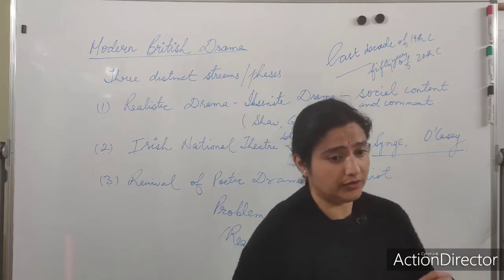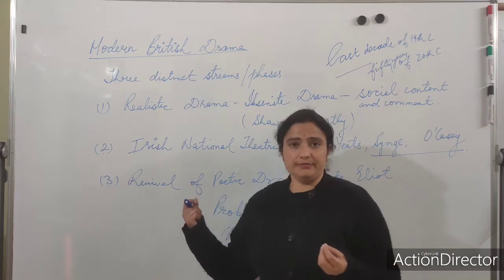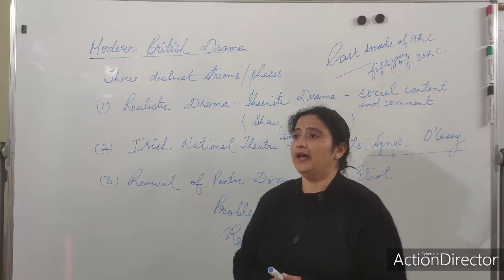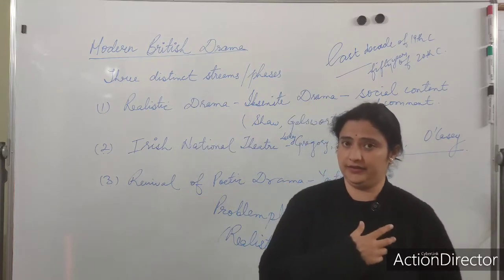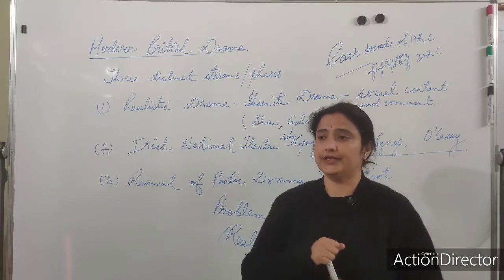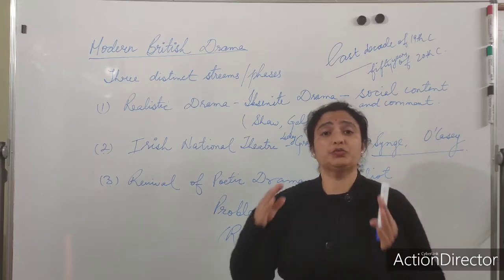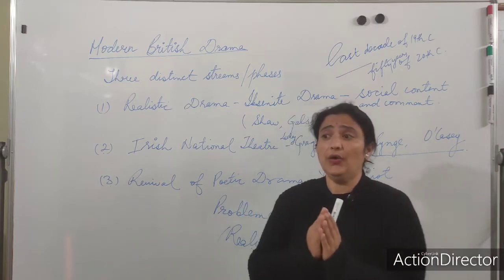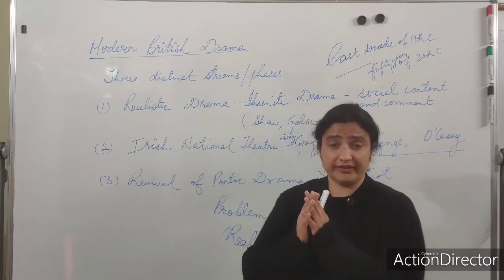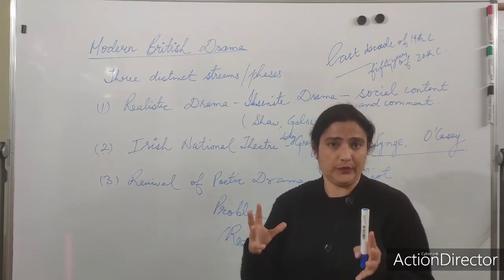Now if I have to add to it, I will say these were the times when the First World War had taken place, the Second World War had taken place, and we are talking about Bernard Shaw in particular. Bernard Shaw had seen the wars, right? And what effect those wars had on the society, or on the minds of the people, whether we talk of the aristocratic class or the working class, he knew it so well, right?